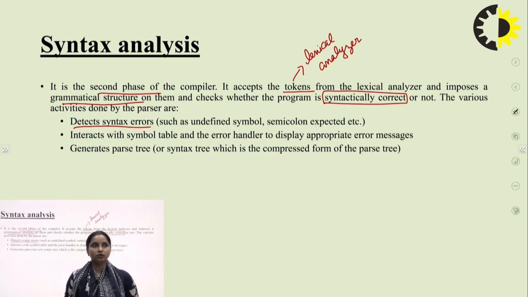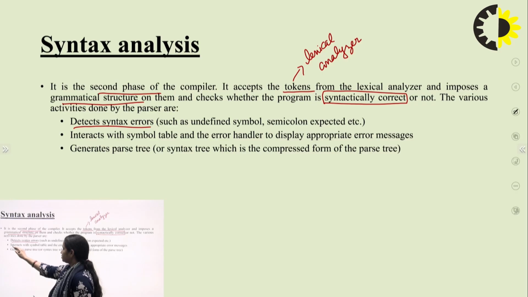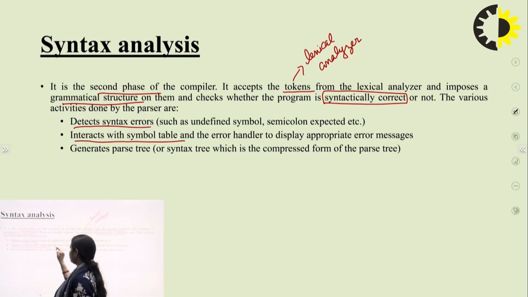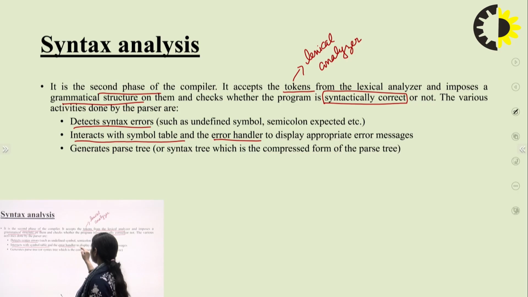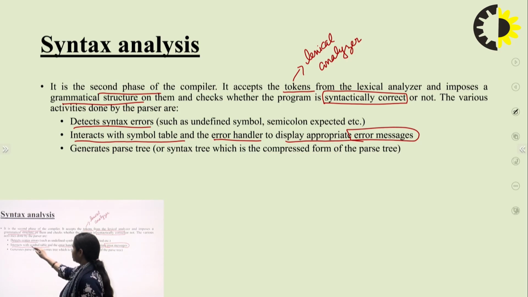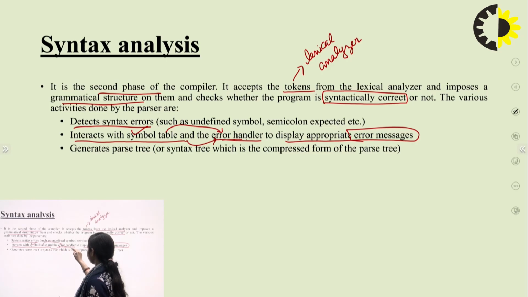So similarly here, secondly, it interacts with the symbol table and the error handler to display the appropriate error message. If there is any error, then the error handler displays the error message. It is not necessarily that there is an error.